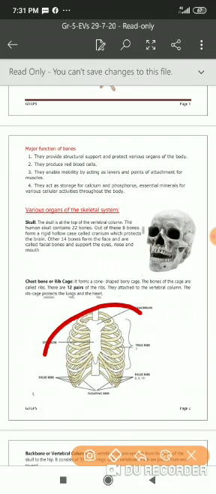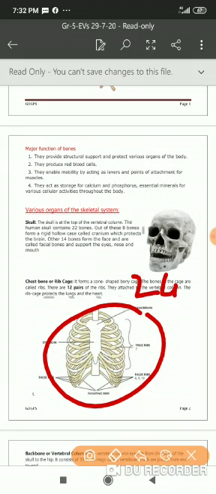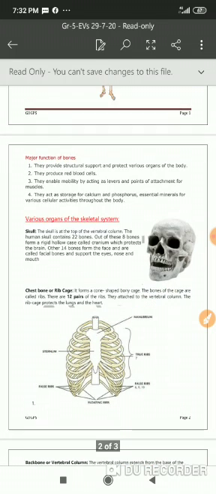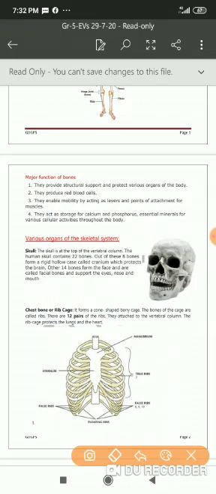This is the second portion of our skeleton system. The rib cage is basically a network of bones, composed of 24 bones, that means 12 pairs. These are thin, flat, curved bones that form a kind of cage, just to protect very soft and delicate organs of our body, that is the heart, lungs, kidney, etc. In other words, it gives protection to the upper parts of our body.